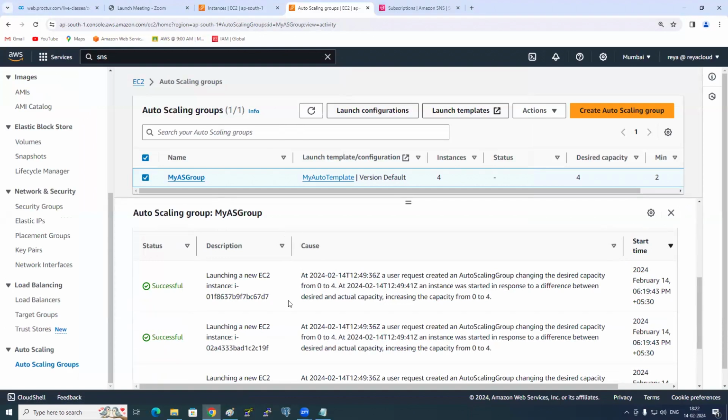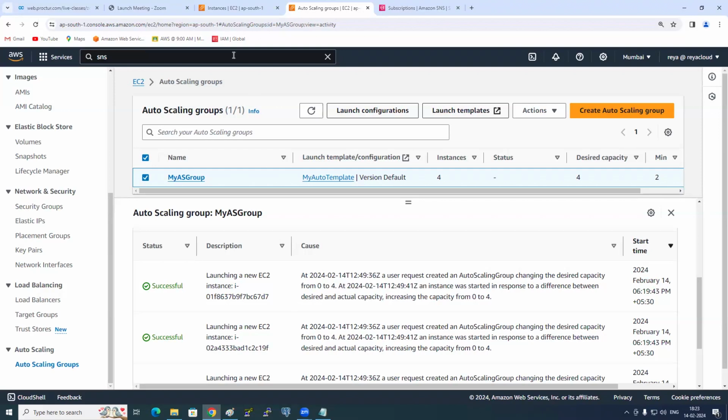Any scale out or scale in, you will get to know here with the reason. How many machines do you have now? 4. Do I have any load on my machines now? After some time, only 2 will be there. 2 will get scaled in. So 2 machines will get terminated, and you will get a reason here why they got terminated.